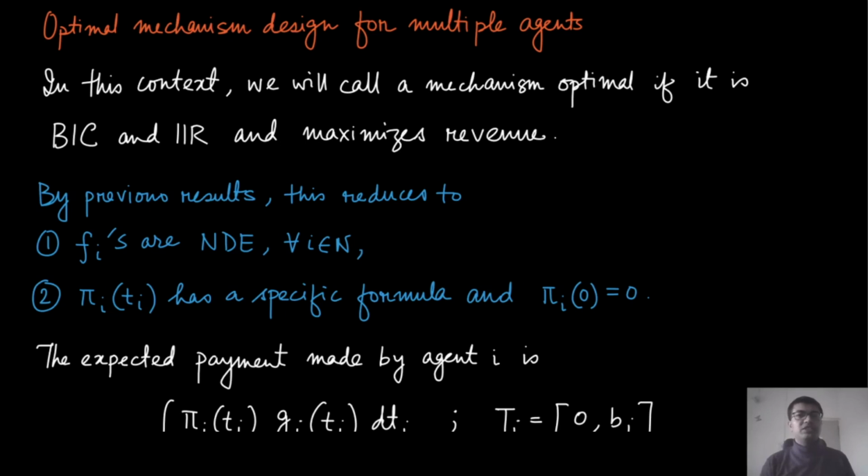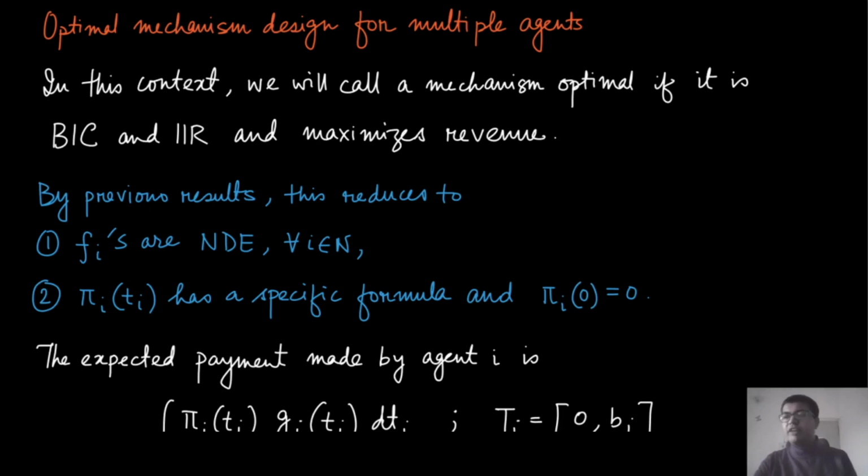Now, in this module, we will see an assumption which is similar to the monotone hazard rate condition, actually weaker than the monotone hazard rate condition. We will see that under that condition, we can maximize the revenue and give a very clean result. So by the previous results, this problem of maximizing revenue, with BIC and IIR, reduces to the fact